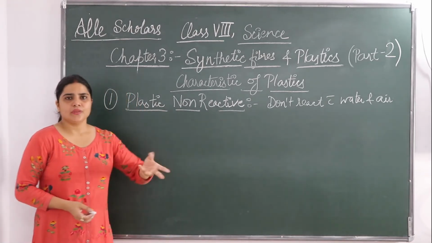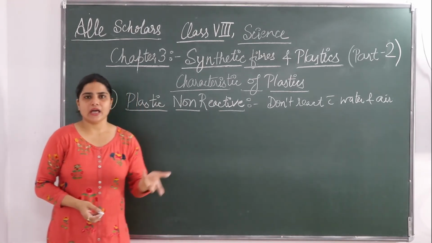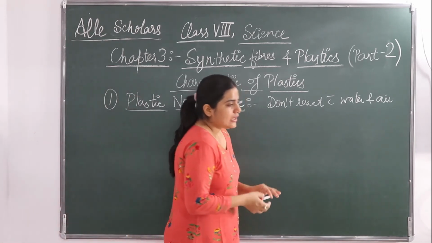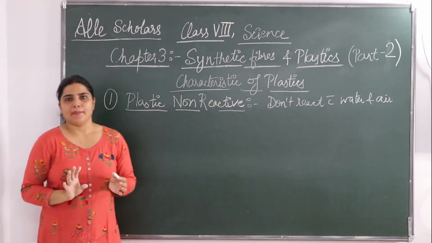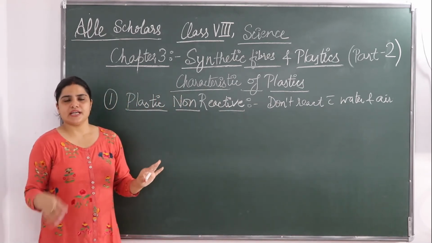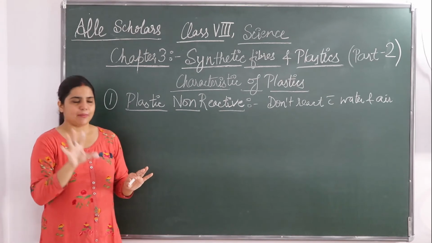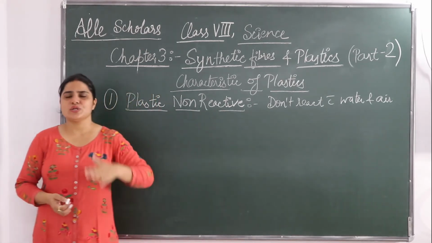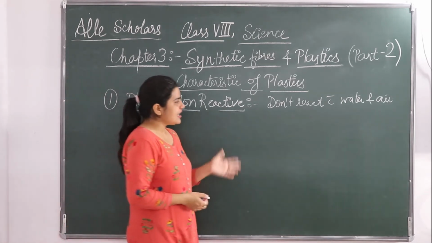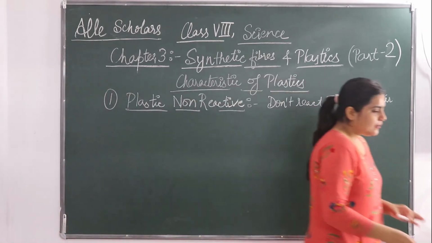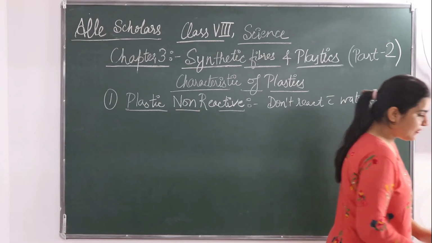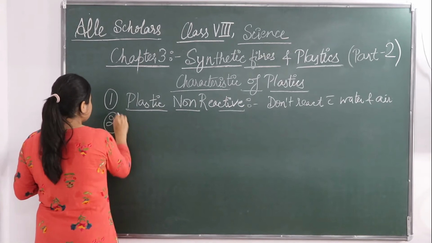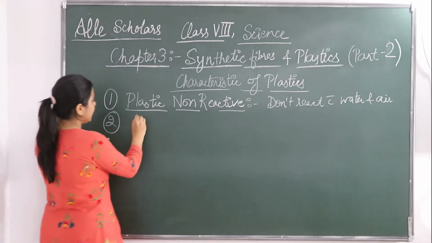And if you keep any of the chemicals, if we talk, salt is also what? It's a sodium. Iodine is there. It's also a chemical. And if we talk about other chemicals also, they are resistant to the action of chemical. No reaction takes place if you keep any of the chemical in a plastic. So these plastics, they are used in cars also, aircrafts, spacecraft, so many places they are used because they are non-reactive. Okay? The second characteristic of a plastic is that they are